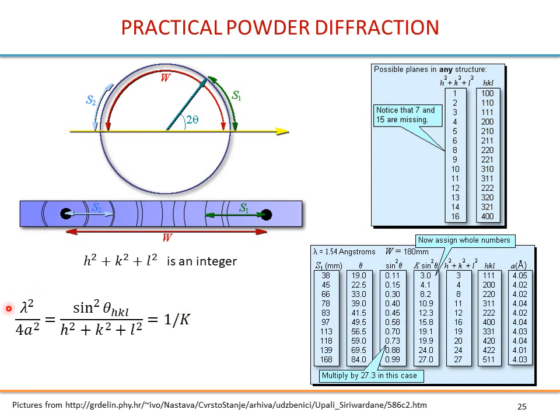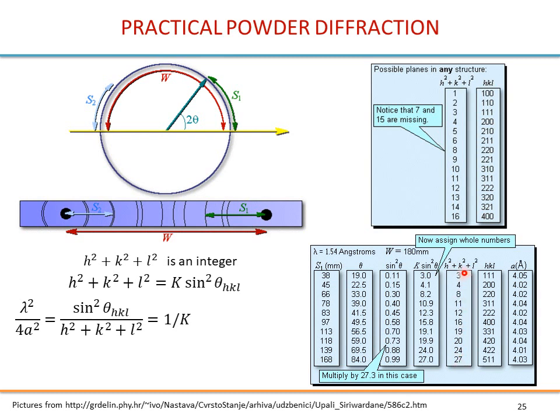Then, remember we are going to use this formula. So here you see that this sum, of course, is an integer. So this is equal to that. If we say that this ratio is 1 divided by k, it means that this has to be an integer too. So we start with what we know, the sine square of theta, and we find that constant, k. In this table, it turns out that this k is equal to 27.3. Okay, so you try different numbers, and you can find this. So these, in fact, are the HKLs.